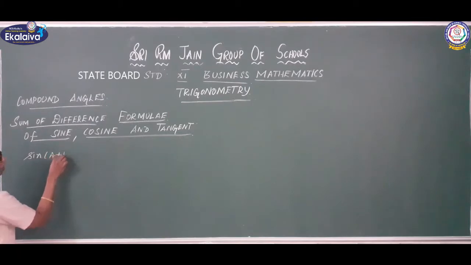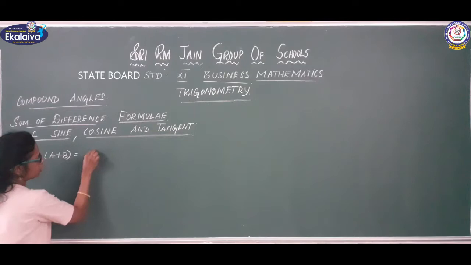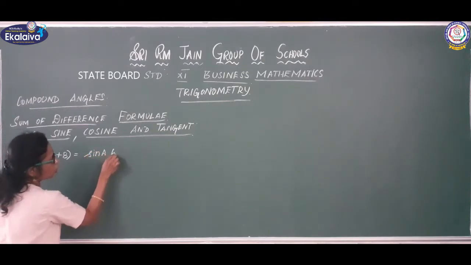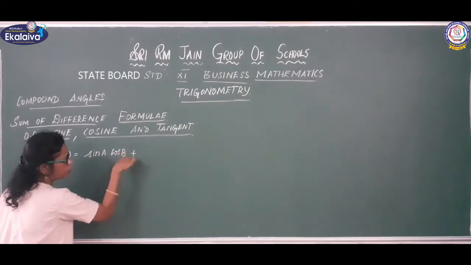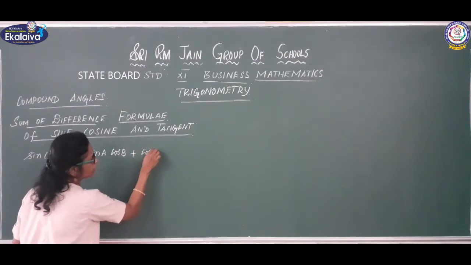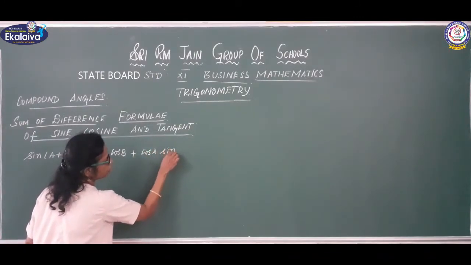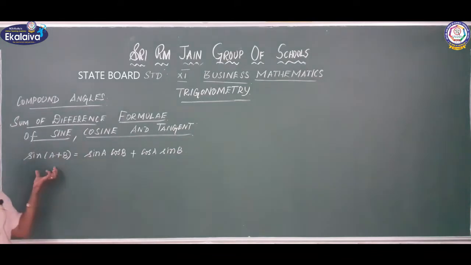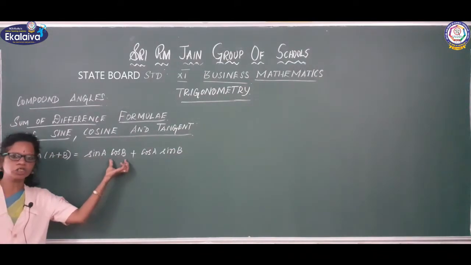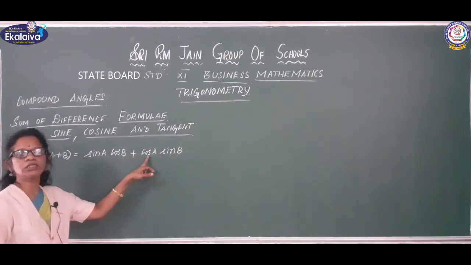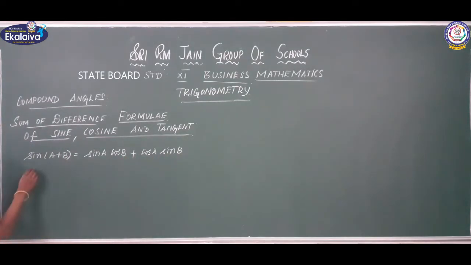Sin of the compound angle A plus B equals sin A cos B plus cos A sin B. Repeat: sin (A plus B) equals sin A cos B plus cos A sin B. Next,